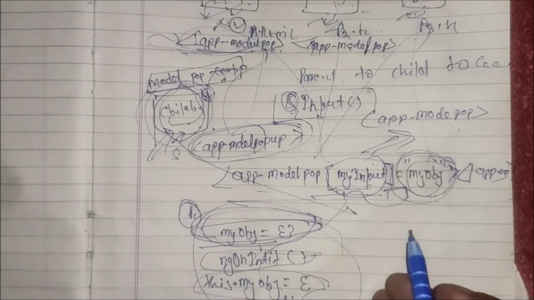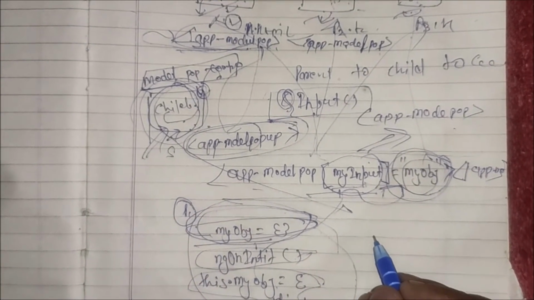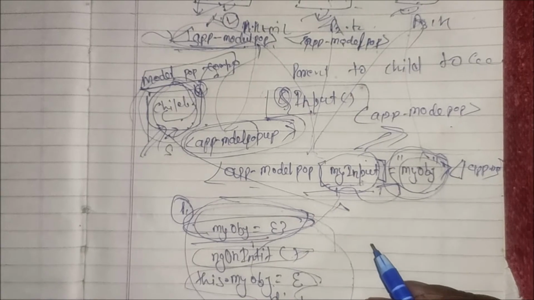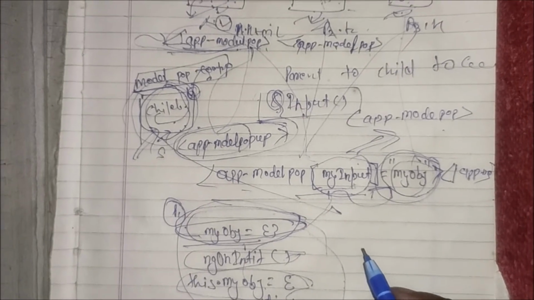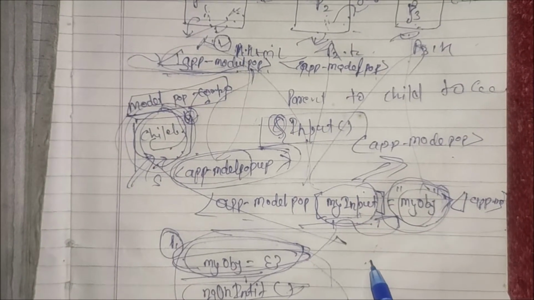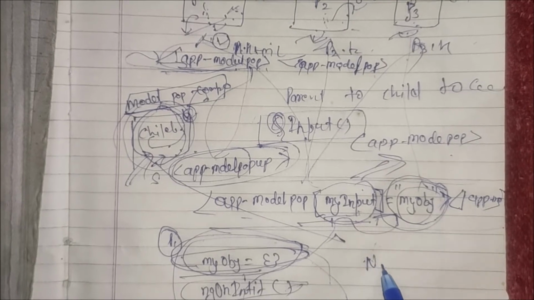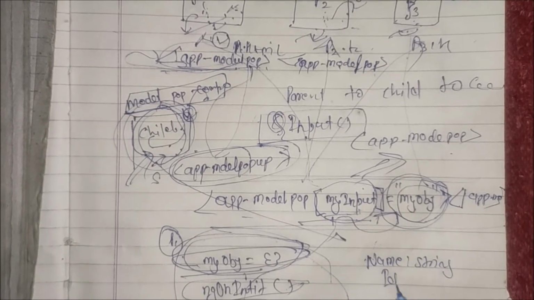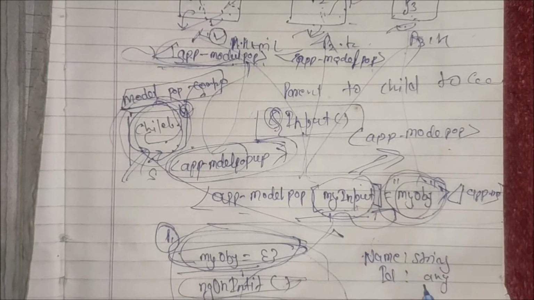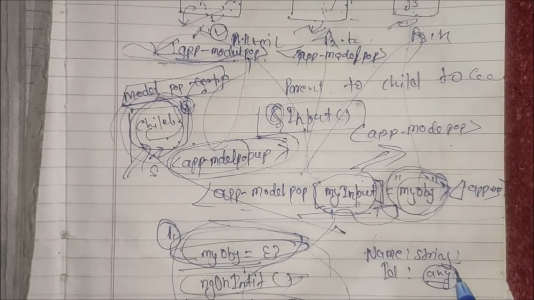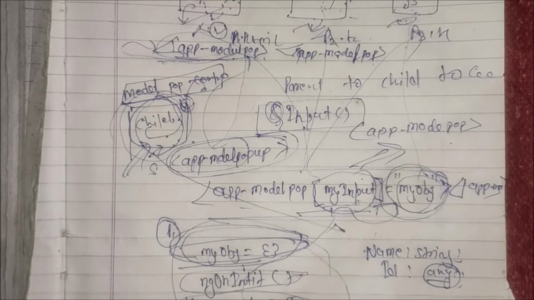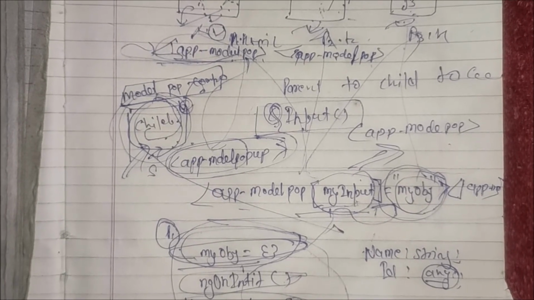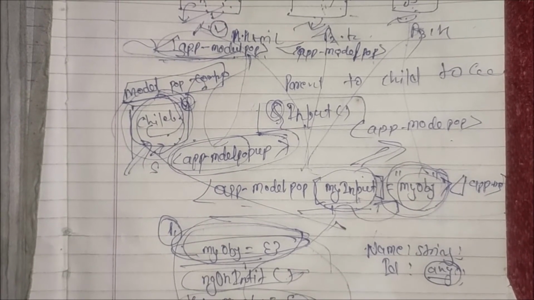That means the child component, and on the child component page load we will write it like that. On page load simply declare two variables, one name as a string and second id. We can define id and name as anything, you know that very well, and declare the two variables because we will set the value of name and id here.